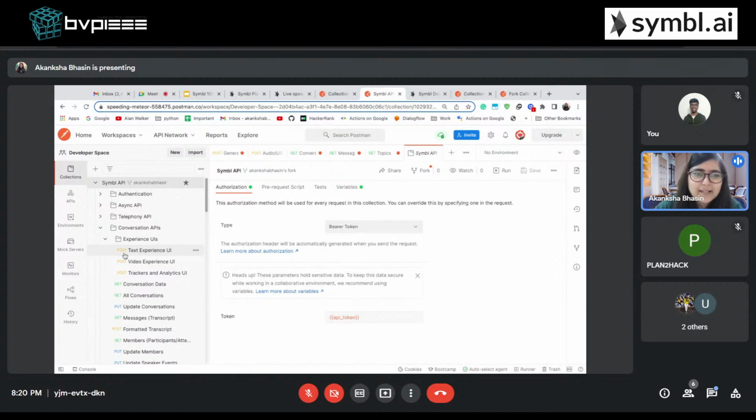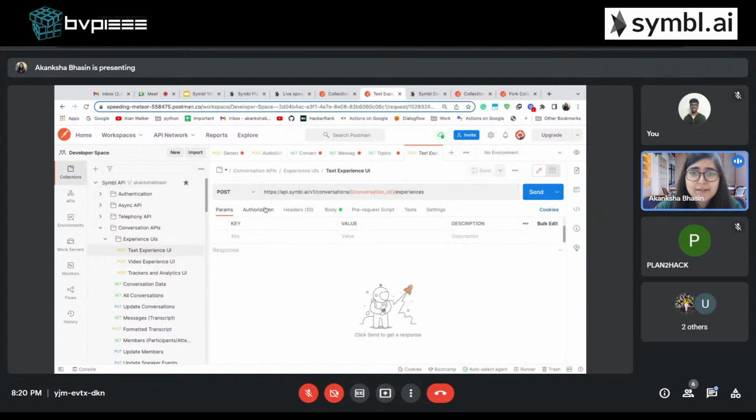They are formatted with the API endpoint, as you can see: post, put, get, all. And we also have headers and parameters. In a nutshell, Postman is a graphical user interface for curl commands, but this product is much more into it. So I hope everybody has signed up to the Symbl.ai platform.